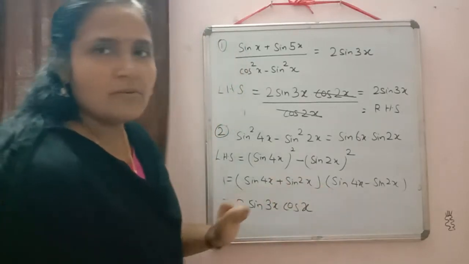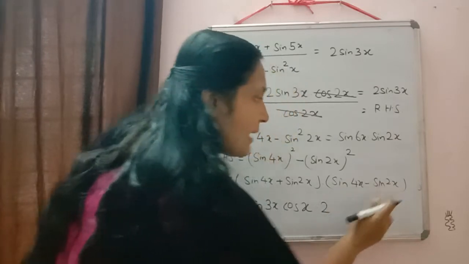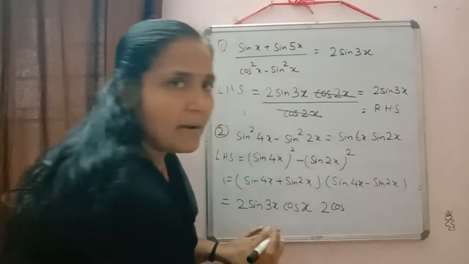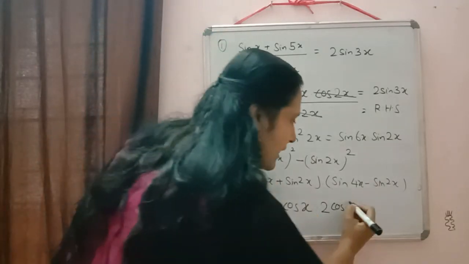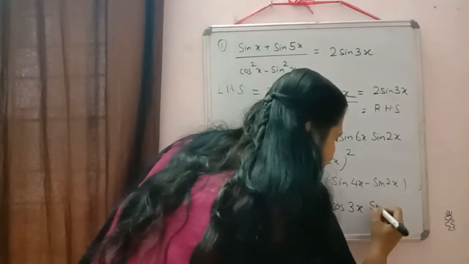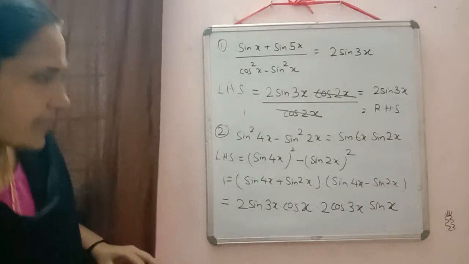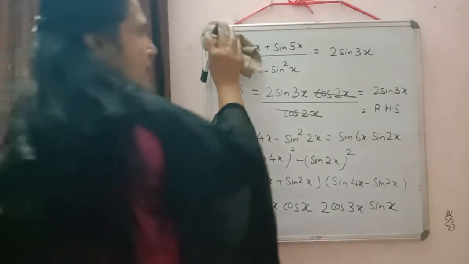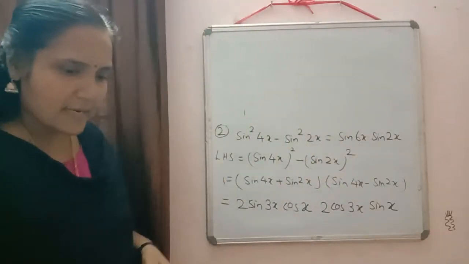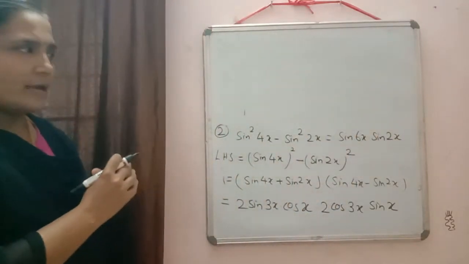Now here also we can use the formula. Now we will check what will come. 2 sin c minus sin d. So 2 cos c plus d by 2. So 4x plus 2x by 2 will be equal to 3x into sin c minus d by 2. So we will get there sin x. But this is not the thing which we need in the right hand side. What we need in the right hand side? In the right hand side we need sin 6x and sin 2x.